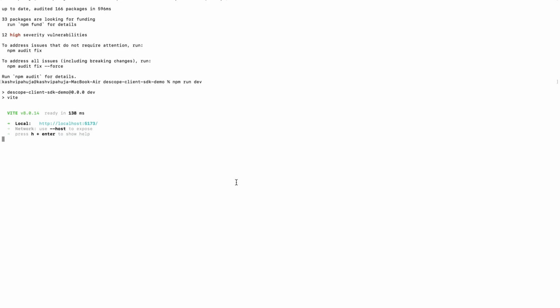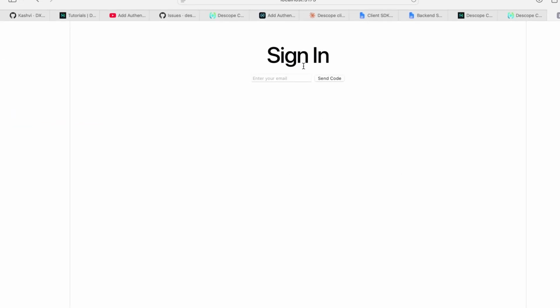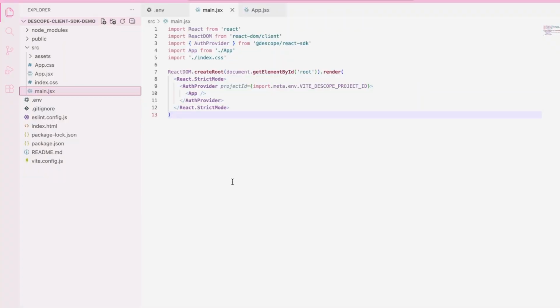Let's get into it. So I've already got a simple React app running here. It's a fresh Vite app with the Descope React SDK installed. Right now, all it has is a sign-in screen, an email input, and a button to send a code. That's what we're going to walk through. This is what the app looks like on the landing page. And this is the structure of the backend. I'm using VS Code as my IDE, and we have main.jsx and app.jsx, which is really all that we've touched